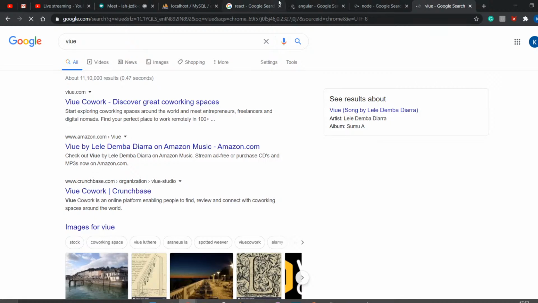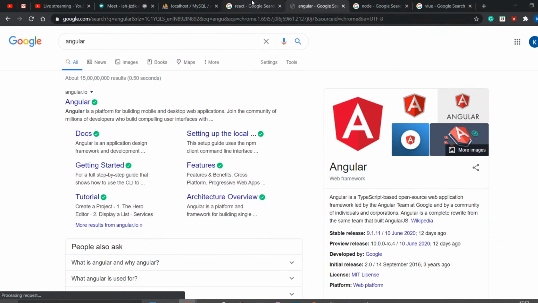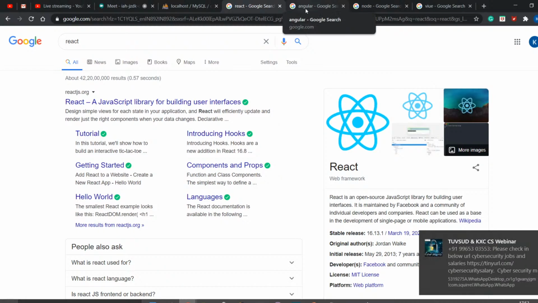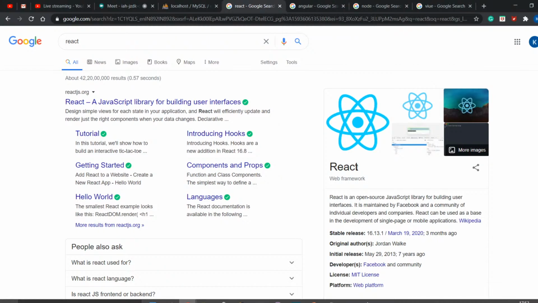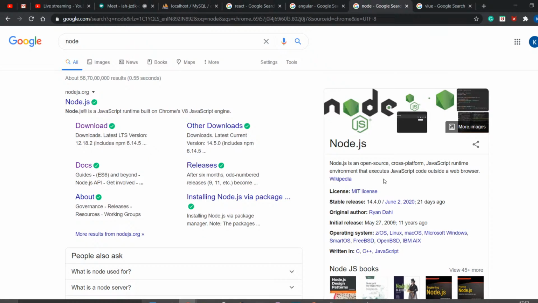There are lots of frameworks available in JavaScript that we are searching for. React and Node are similar, but they differ in the pack of libraries. React is a library whereas Angular is a framework. React consists of lots and lots of open source libraries, and Node is an open source platform where you can run any code using npm.